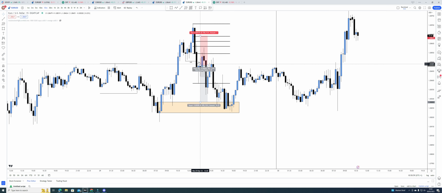I was sort of hoping we'd just sweep into this fair value gap here. But it was a short trade. At the end of the day, there's lots of arrays it could have rejected off of. Obviously, I think it chose this breaker block and the order block. Price is displaced away,